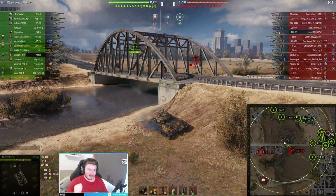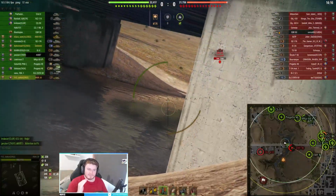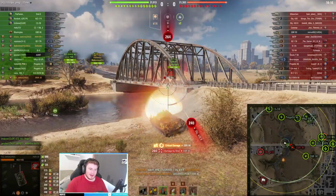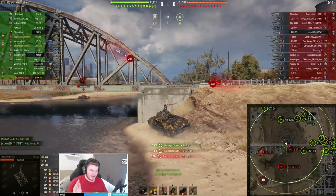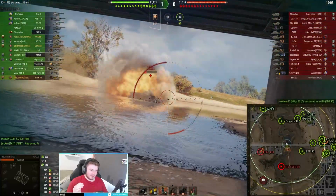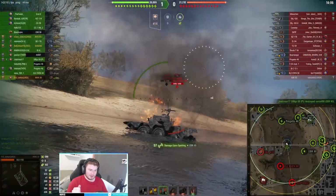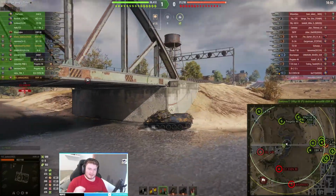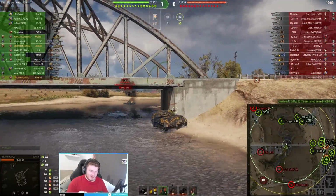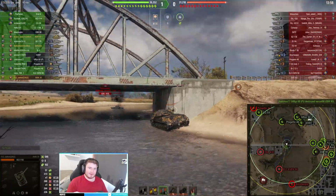The exhaust now on my light tanks is one of the most valuable pieces of equipment I can tell you, especially for your light tanks that aren't the most sneaky, like this Hawk 30. It's not like a Manta core, you can't just sit in a bush and not get spotted. The exhaust system on the Hawk 30 is absolutely amazing, giving you that extra camo rating